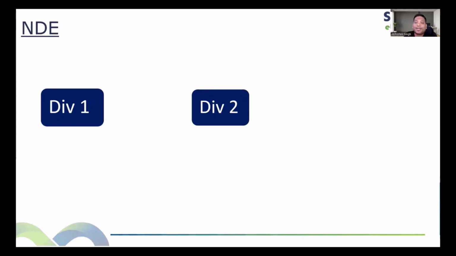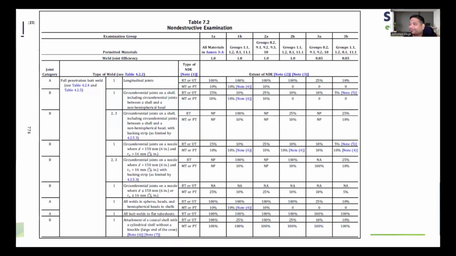Like most of the time it will be 100%. What do you feel? Definitely a difference is there. Okay. And Division 2 has higher requirements. The difference is not very large. Okay, the difference is small only. So if you see this table, the extent of